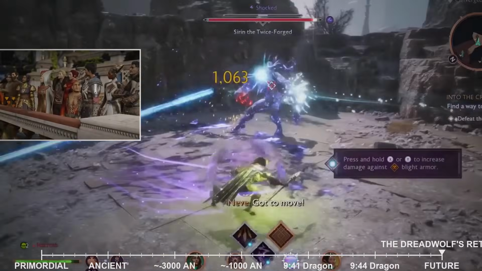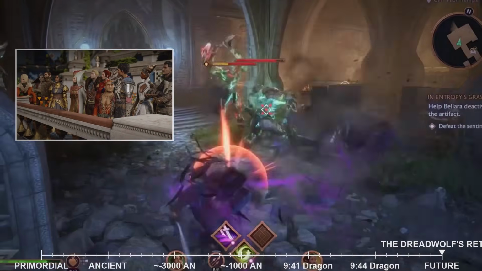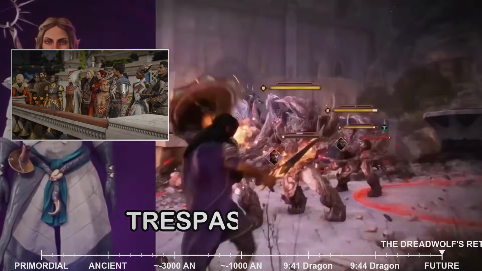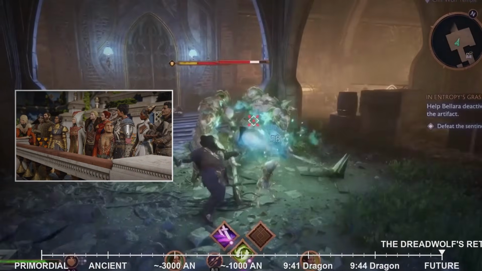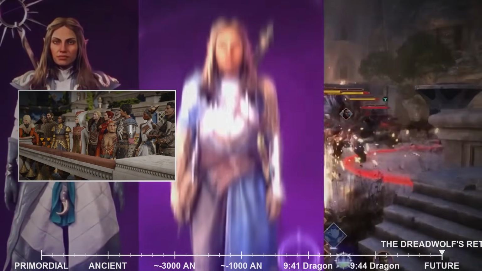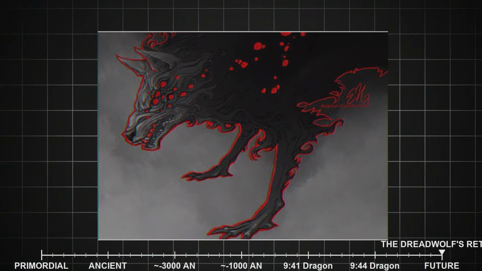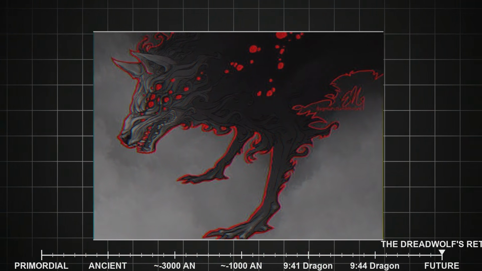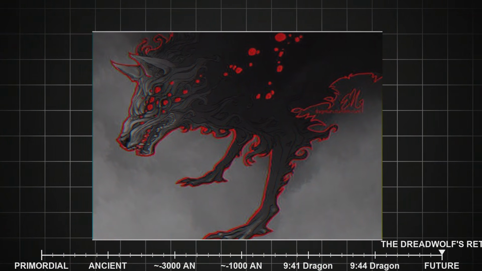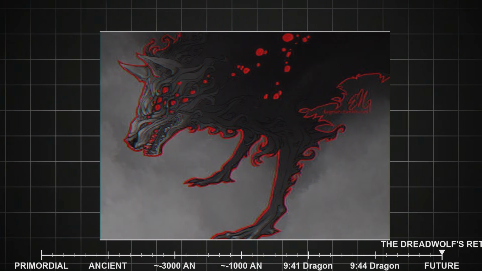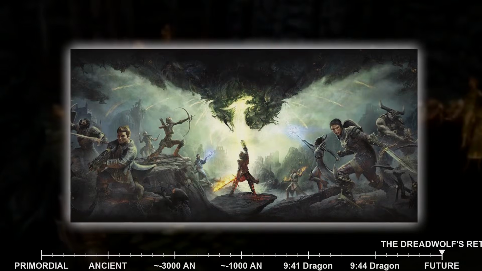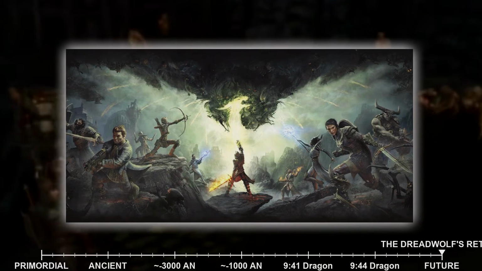His true identity, revealed in the climactic moments of Dragon Age: Inquisition's Trespasser DLC, sent shockwaves through the fandom and irrevocably altered our understanding of elven history and the nature of magic itself. Solus is, in fact, Fen'Harel, the Dreadwolf, one of the ancient elven gods, or Evanuris, who was imprisoned millennia ago for his role in sealing away the more destructive of his brethren.